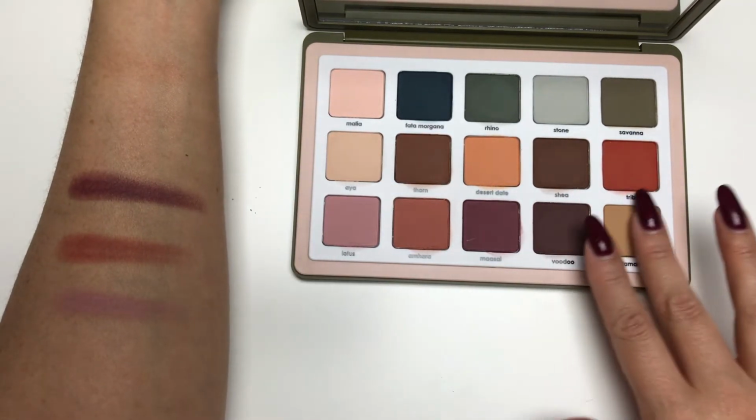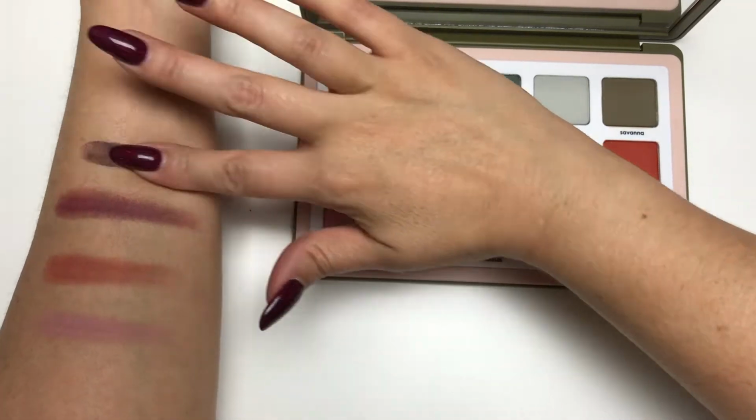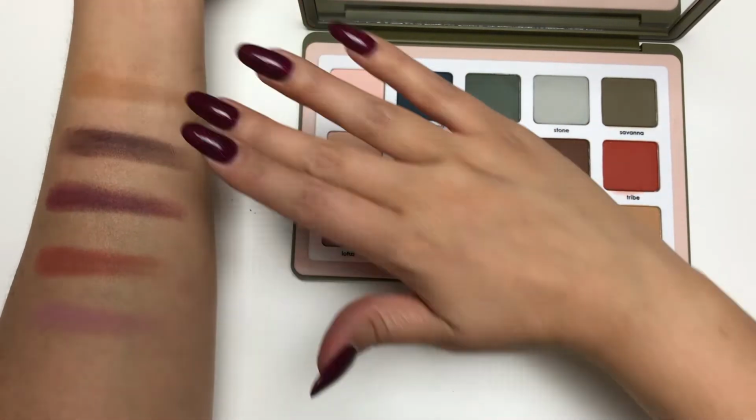And I couldn't really find any pattern as to why it would be inverted with regard to color family or anything like that, but I just thought I would mention it. The palette has a 12-month shelf life. It was made in Italy, is cruelty and paraben free, and you can purchase it from Sephora, from natashadenona.com, as